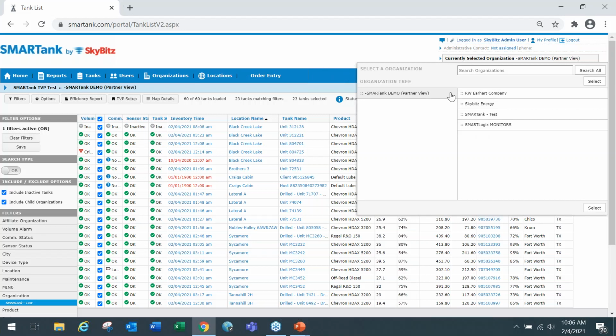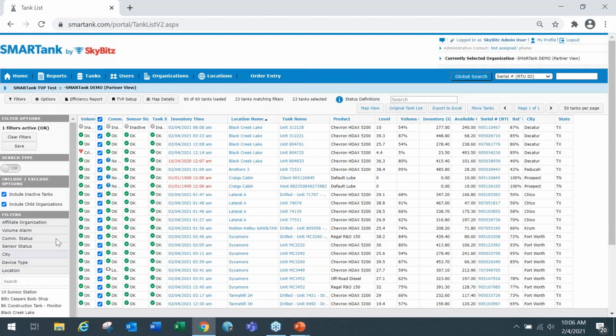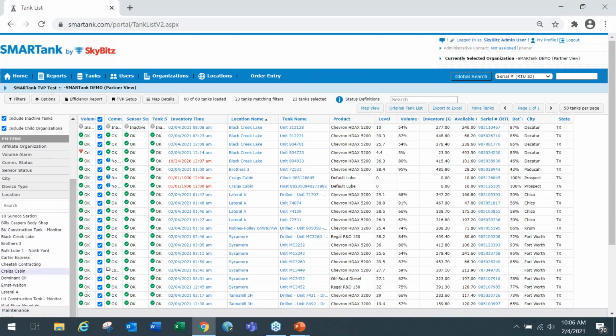The filters that you can apply here: you can apply an organization if you only want to see one or a few and not all. You can also apply filters based on locations. So I can select all of these locations that I want filtered. Those that I click on will filter those locations. For example, if I click on Black Creek Lake,